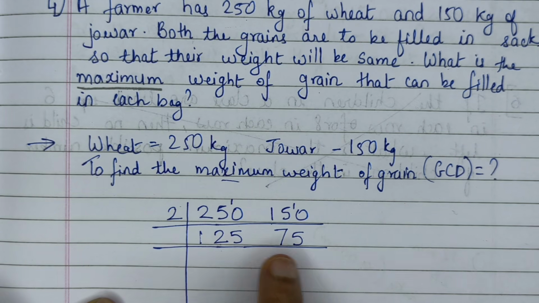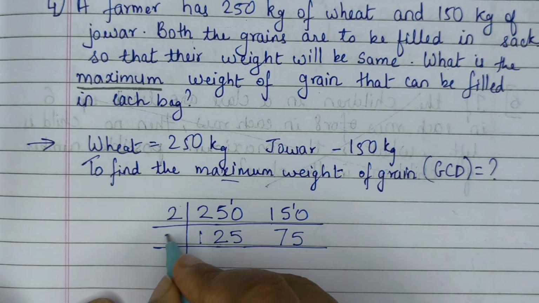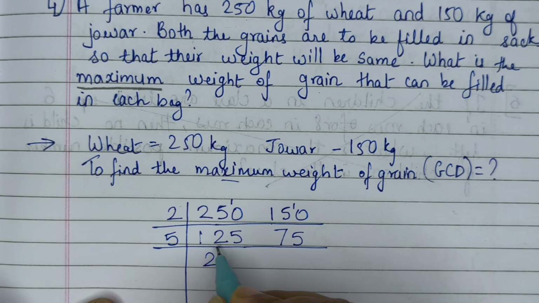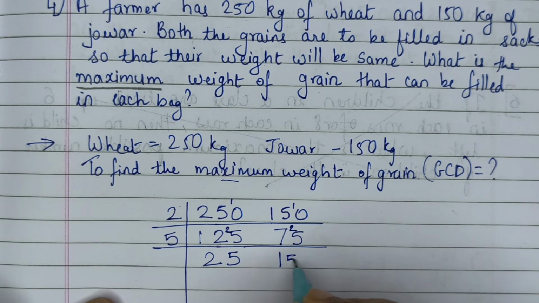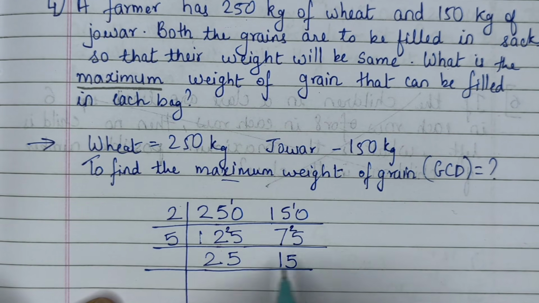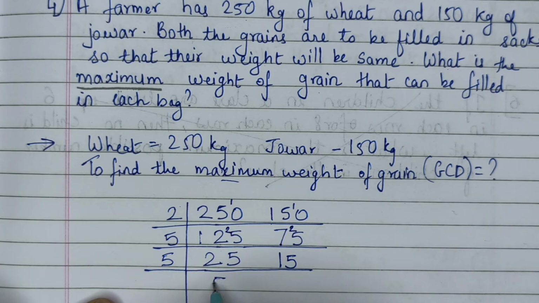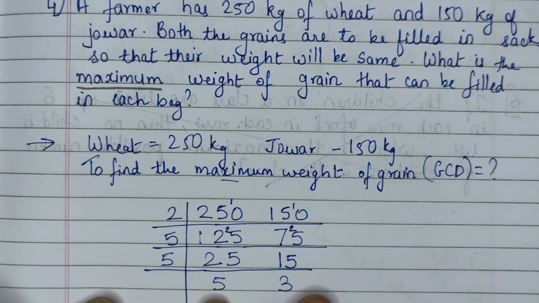Then we see the last number is 5, that means we can use 5 times table. 5 twos are 10, 11, 12, 2 is remaining, 5 fives are 25. Again 5 ones are 5, 6, 7, 2 are remaining, so 5 fives are 25. Again the last number is 5, again we can take 5 times table, 5 fives are 25 and 5 threes are 15. Now see the numbers are different. This will only go in 5 times table, this will go in 3 times table. So we have to stop. For GCD, we cannot continue.